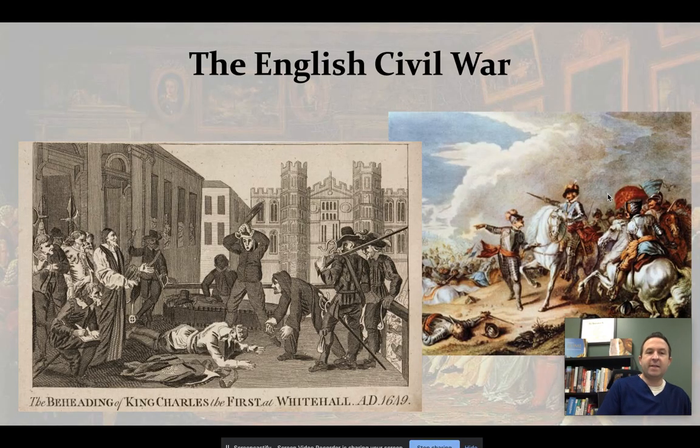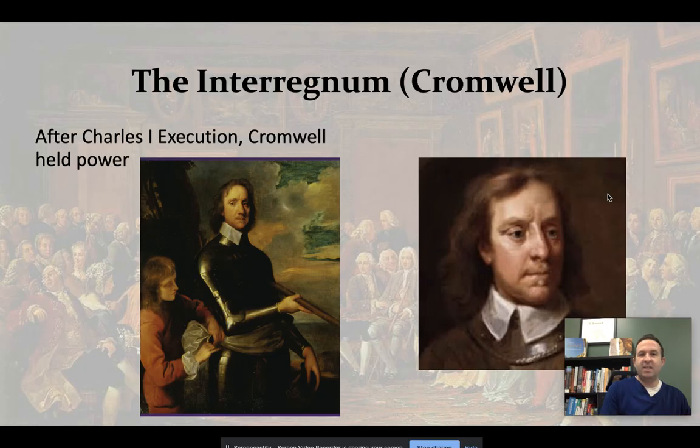Now, what happens next is known as the interregnum. And it's a period of rule without a king. And so between 1649, the end of the English Civil War, and 1660, we will have this period that we say is under Oliver Cromwell, but he's not a king. Rather, we establish first what's called a commonwealth. So between 1649 and 1653, we will establish in England a commonwealth. It's a republic that abolishes the monarchy and the House of Lords.